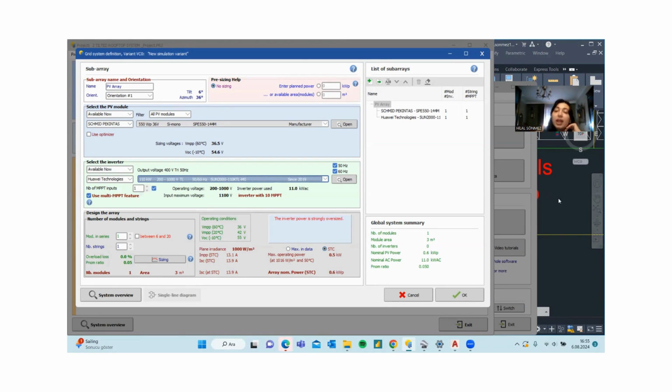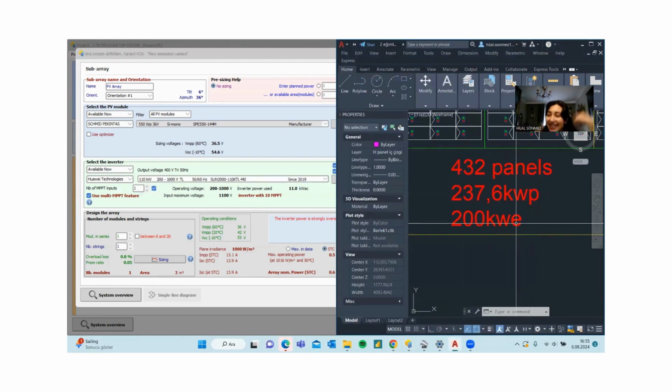I try to be careful about exceeding the value of 200. I mean, for our selected brand and model, the AC power of one inverter is 110 kilowatt AC. In that scenario, we have to choose two inverters and we will attain 220 kilowatt AC,